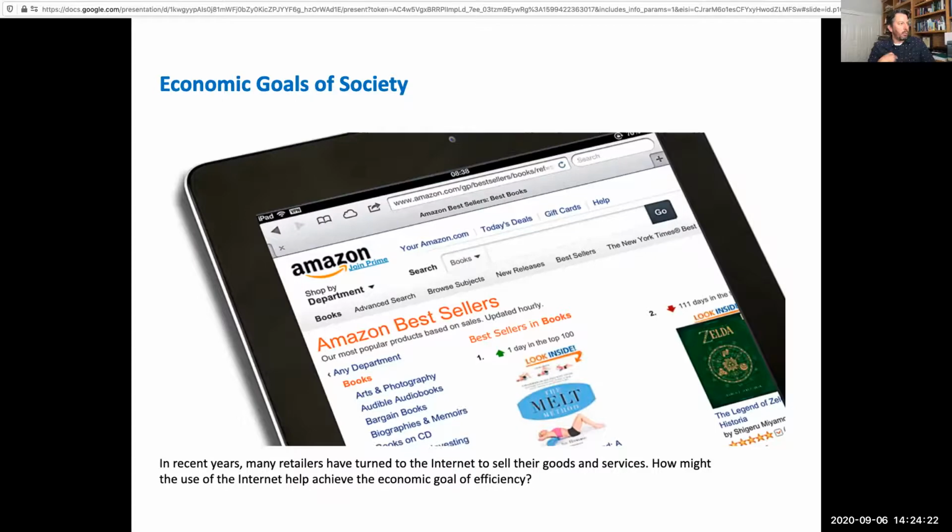Okay, so once again, the economic goals of society. In recent years, many retailers have turned to the internet to sell their goods, like Amazon. How might the use of the internet help achieve the economic goal of efficiency? If you think about that, remember, efficiency is being able to dial in those factors of production so that you're